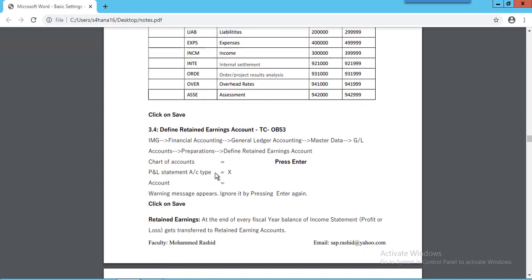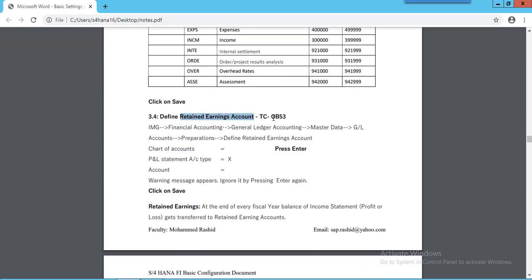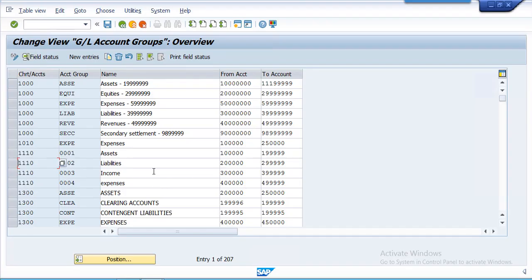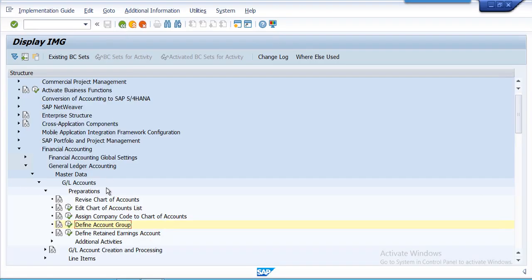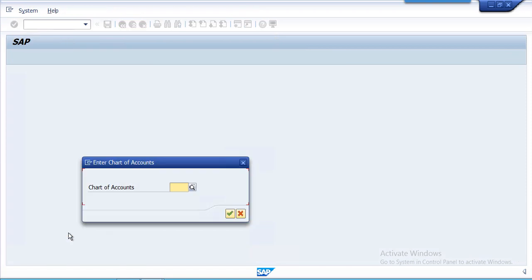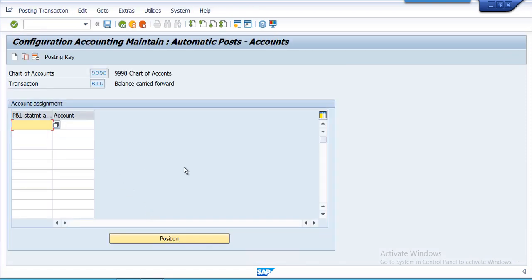Define account groups, define a retained earnings GL account. X, because we didn't create this GL account, still we are in configuration only.